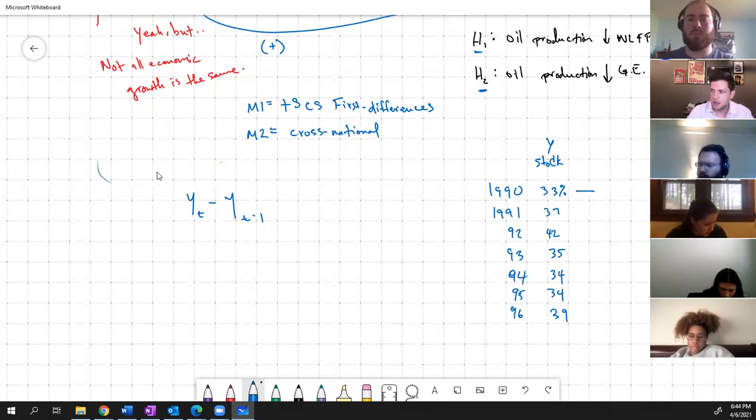Then this would be nothing, this would be 4, this would be 5, this would be -7, this would be -1, this would be 0, and this would be 5. Because we essentially subtracted 33 from 37, then 37 from 42, then 42 from 35. And this gives us this kind of dynamic temporal change in a variable as opposed to this,